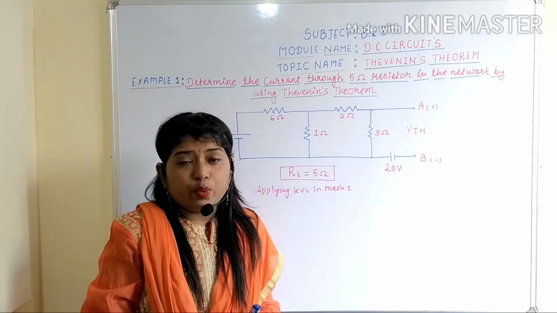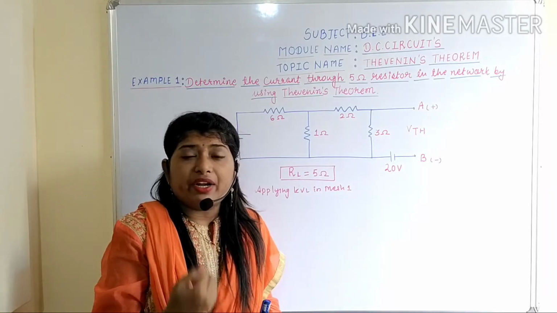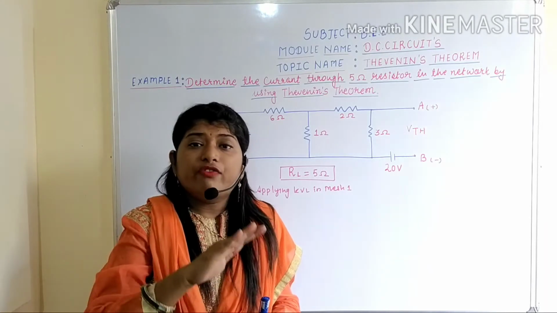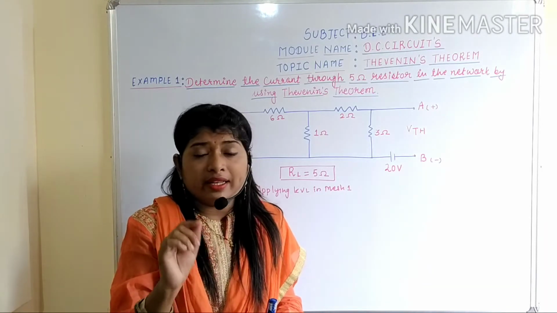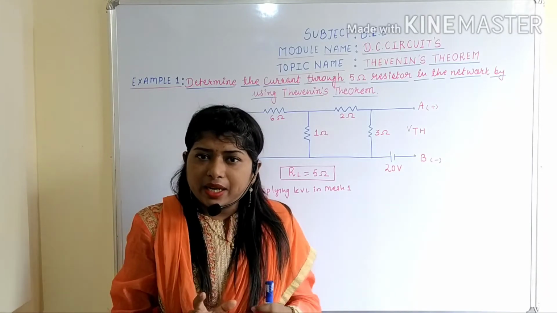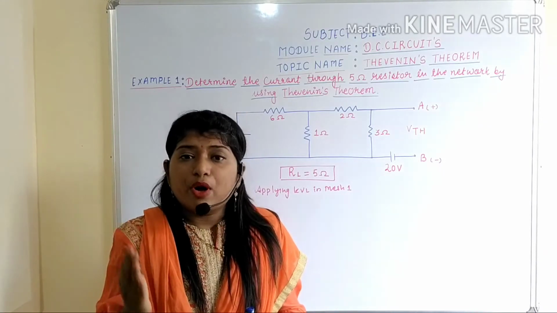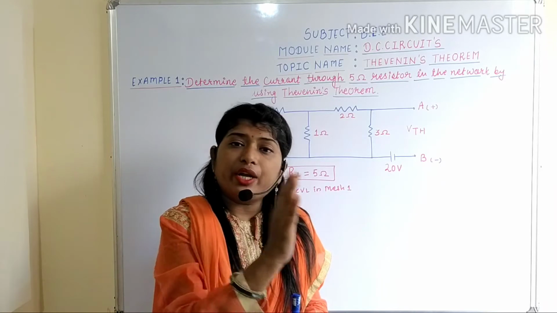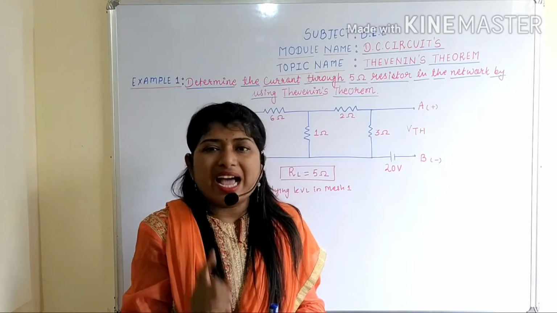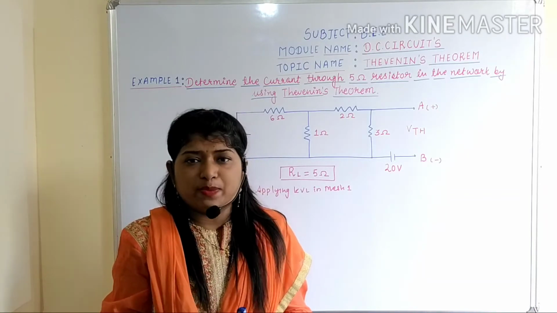The first sign convention says that if we go from the positive terminal of the battery to the negative terminal of the battery or source, there will be a fall in potential and then the EMF assigned is always negative. What was the second sign convention? If we go from the negative terminal of the battery to the positive terminal, there will be a rise in potential and due to that the EMF assigned is always positive.